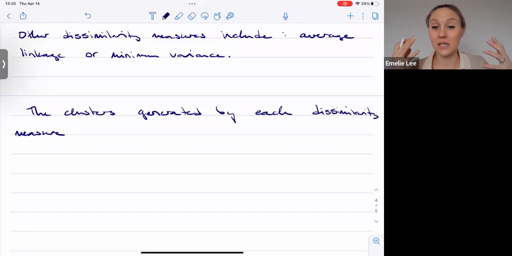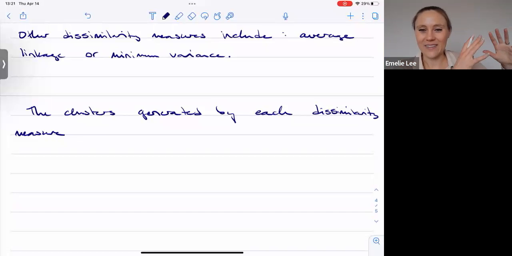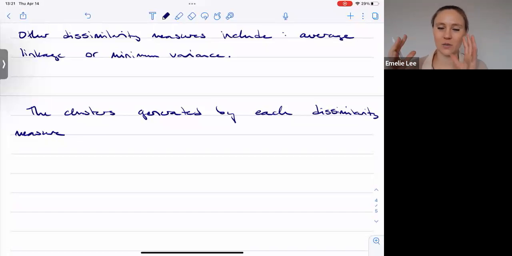So it might be nice to consider a couple of different, they're called linkages, and see how they're similar or maybe not similar, and then go from there. Depending on what is reasonable with your data, maybe some clustering technique is more reasonable than others, but you won't know until you've generated all those clusters and you say, okay, it makes sense that this group of bankers, for example, are in this group,